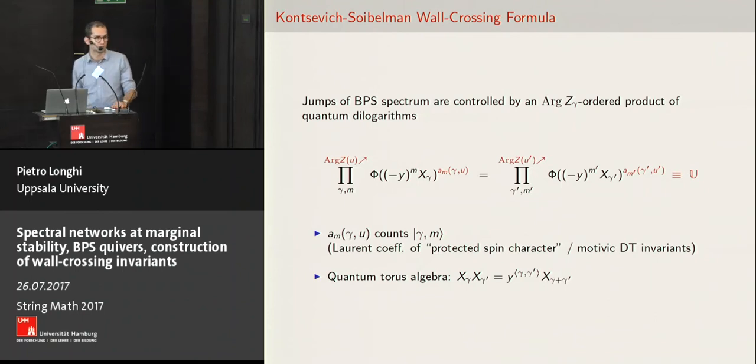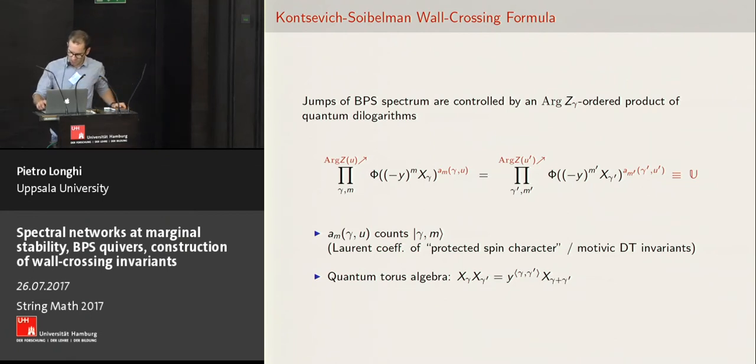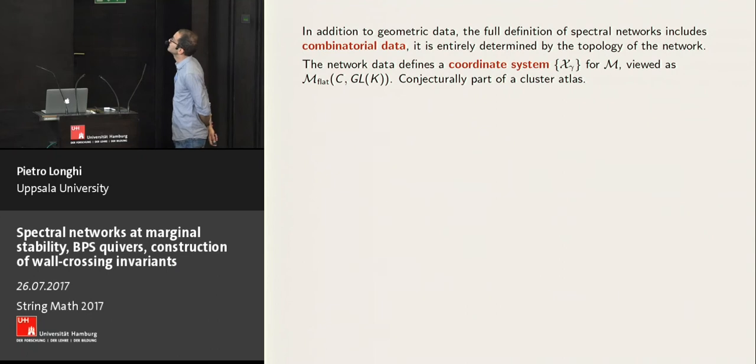There are some theories which only have infinite spectra. Then it's just hard to compute. But more fundamentally, it's not manifestly invariant under wall crossing. So wall crossing invariance is a highly non-trivial property of this object. So BPS graphs, as I'll show in a moment, give a completely new construction of this object, which improves on both of these points. And to explain how this works, I need to go slightly back to the definition of